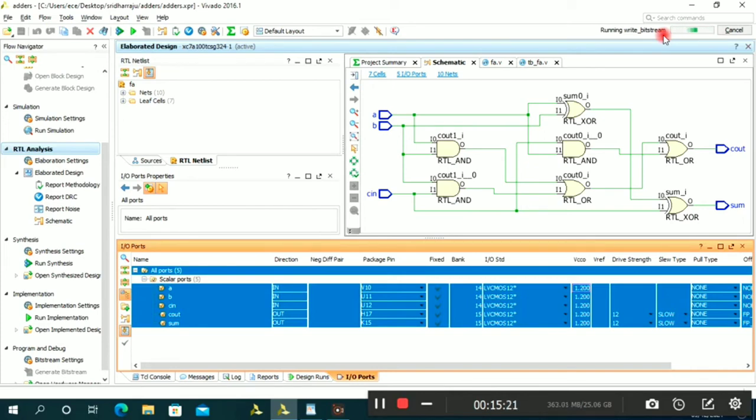Meanwhile, you just connect the board to the CPU. Before I show you, only one wire will be there. That is JTAG, including power supply.